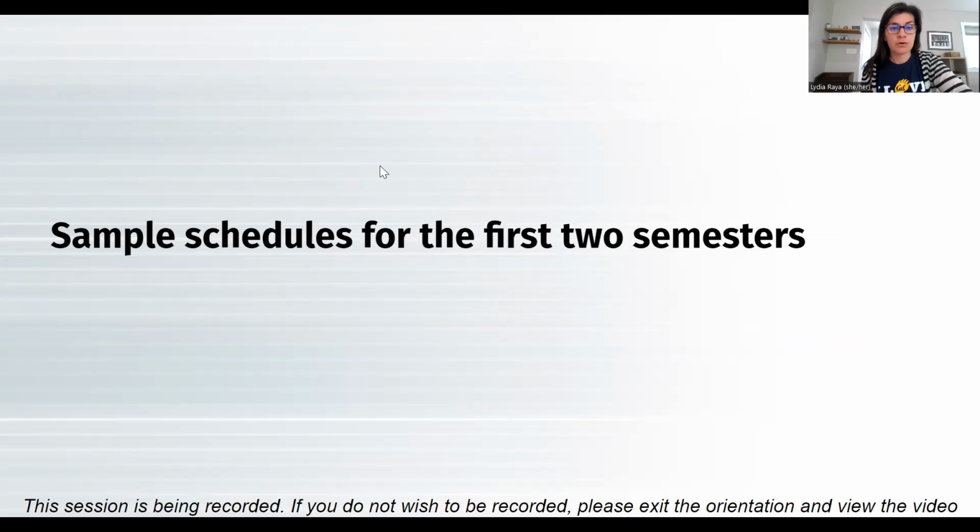Okay, let's go over some sample questions. Let me just take a quick look at the questions here. If a student takes the minimum of 15 units, the minimum is actually 13 units, but if you take 15 units per semester, will that student be able to graduate in 2.5 years? Yes. Our students are usually taking 13 to 15. If you take 13 units per semester, you should be able to graduate in that time.